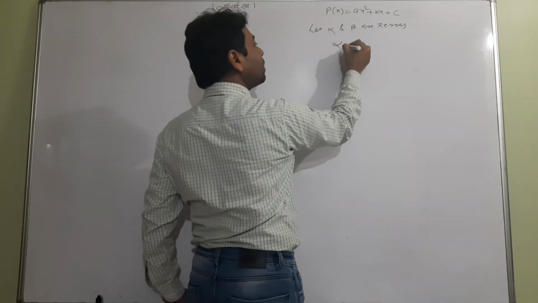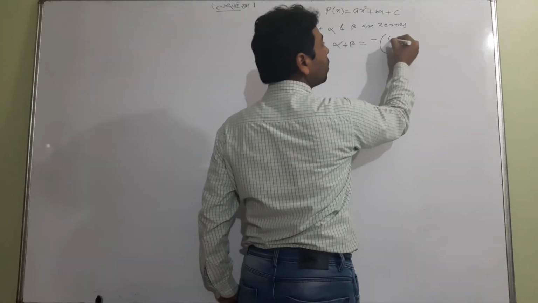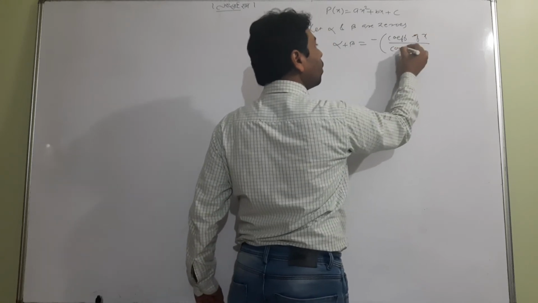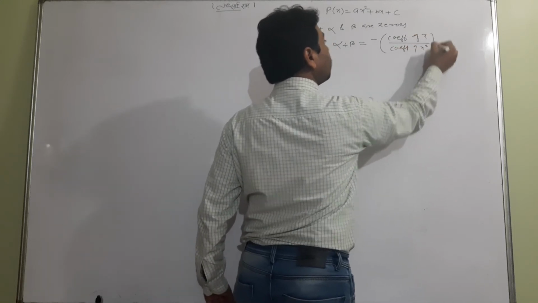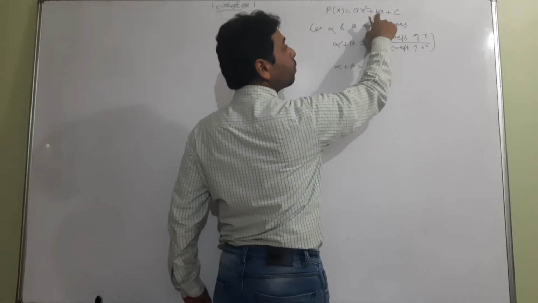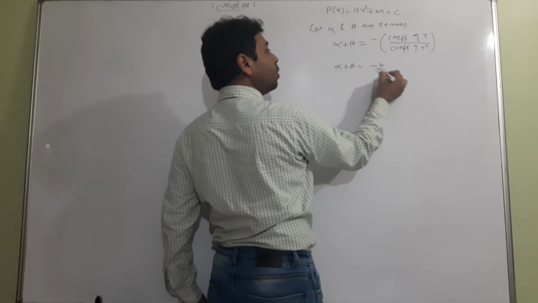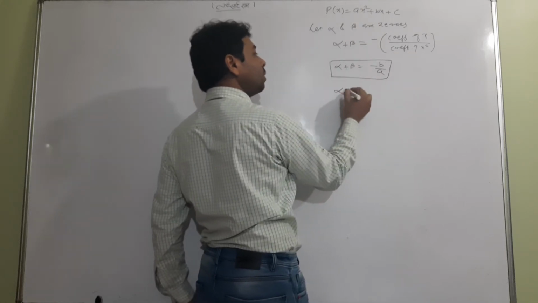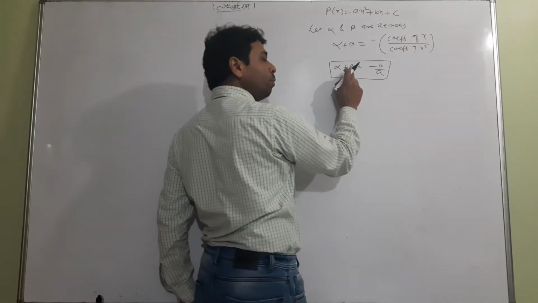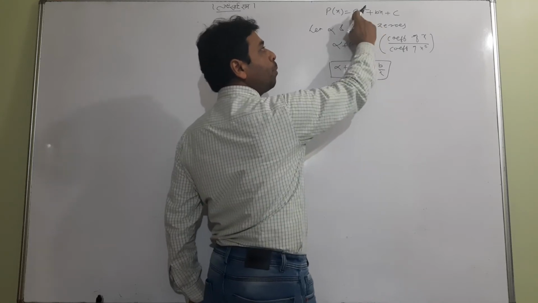So two things is always certain, alpha plus beta. You know the formula, minus. Till now you have read it. Coefficient of x upon coefficient of x square. I ask you one thing. What is coefficient of x? Coefficient of x is b. Minus b is minus. Coefficient of x square is a. So keep remember this in your mind always. While studying quadratic polynomial, you have to remember that alpha plus beta is always minus b upon a.